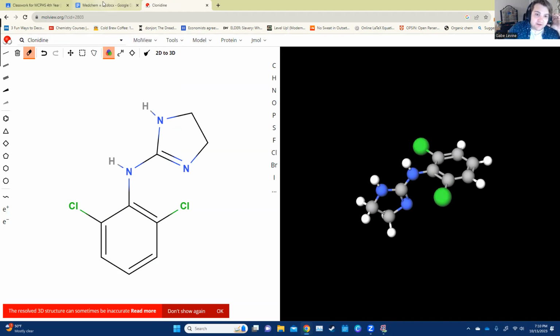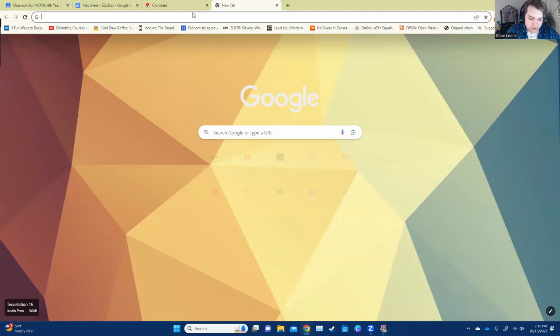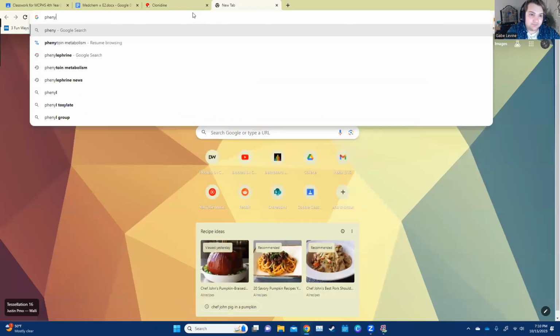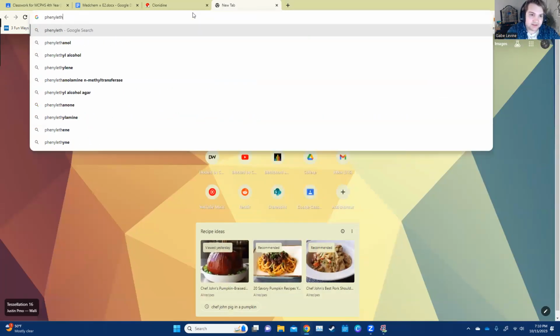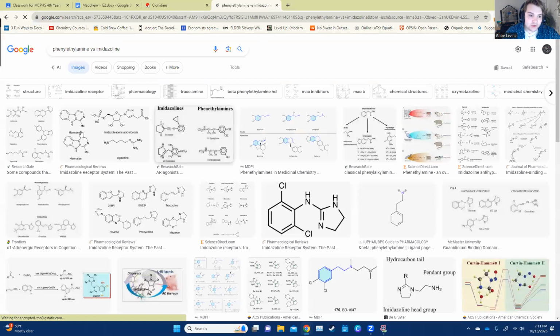So what do you have to know for this exam? Essentially, when you look at the overlap between phenylethylamine, I saw a really good picture today. When you look at how they overlap,